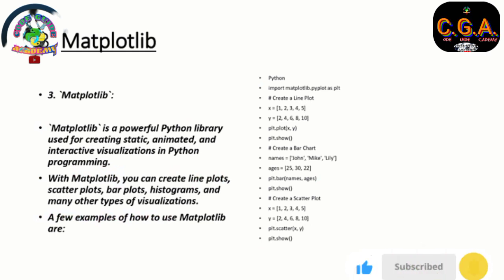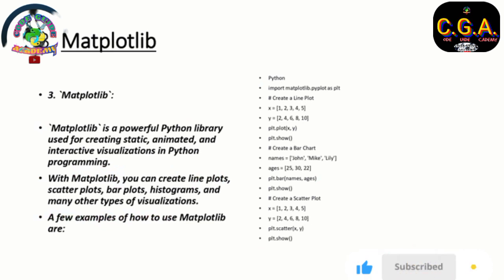3. Matplotlib. Matplotlib is a powerful Python library used for creating static, animated, and interactive visualizations in Python programming. With Matplotlib, you can create line plots, scatter plots, bar plots, histograms, and many other types of visualizations. A few examples of how to use Matplotlib are: